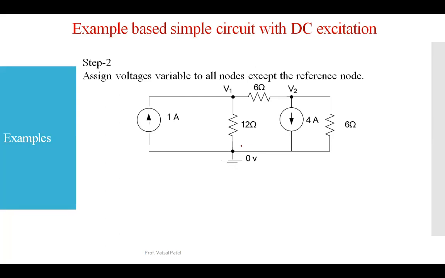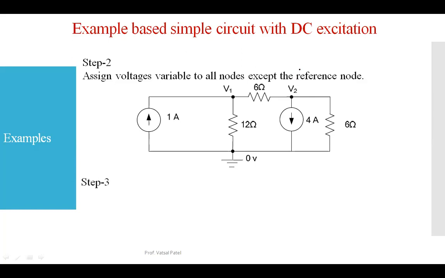It is not like that you have a number of the resistance given in the circuit. It will identify the node. Sometimes you observe that the resistance are connected in series or parallel also. So just identify how many connections you have at particular node. Right now it is labeled here, that is V1 and V2, and one of the node you can take as a reference node.